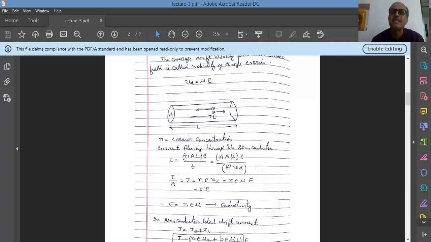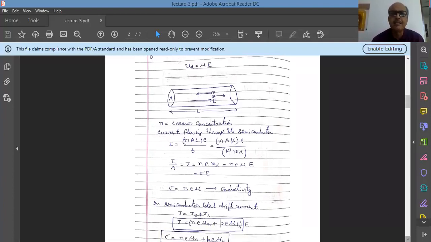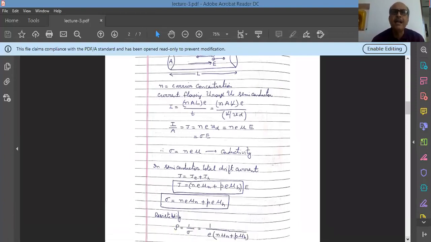Suppose this piece is of a semiconductor. What will happen when we apply the electric field in this direction? The electrons in the semiconductor will move opposite to the direction of electric field, while the holes will move in the direction of the electric field. So the current due to the movement of electrons is opposite to their movement, therefore the current due to the electrons will be in the direction of the electric field. And similarly, the holes, being positively charged particles, will also contribute a current in the same direction.